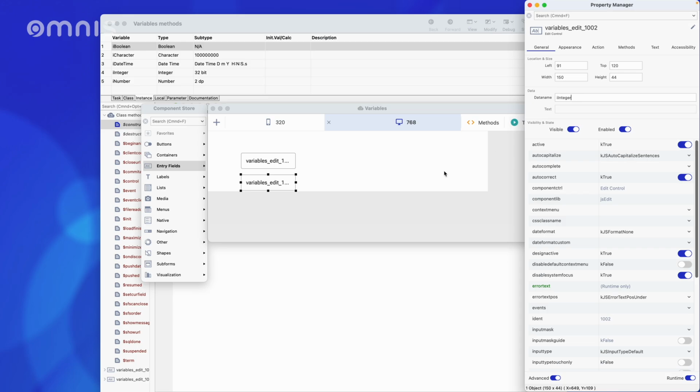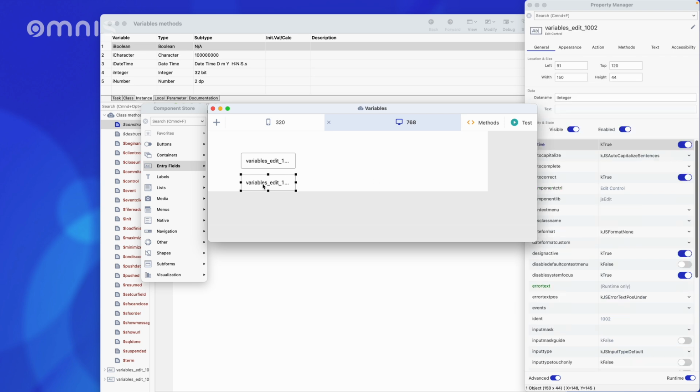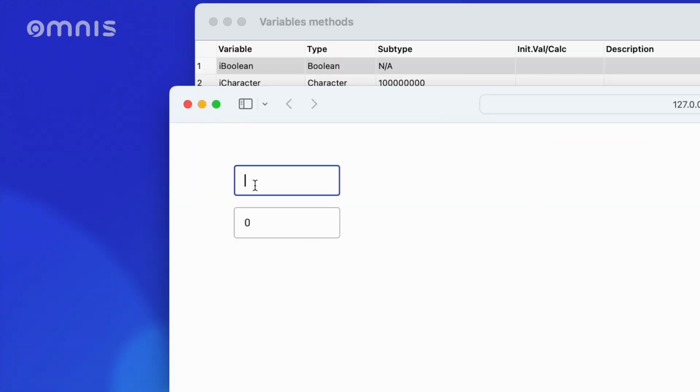So, if we now try to use these fields to write an unauthorized value in one of the variables, then this should ideally not be possible at all. In our case, this is particularly the case with the integer field. After all, we should be able to enter almost anything in the character field. Well, let's test that. We have the character variable in the first field, so I'm able to enter all sorts of things here. For example, hello Omnis